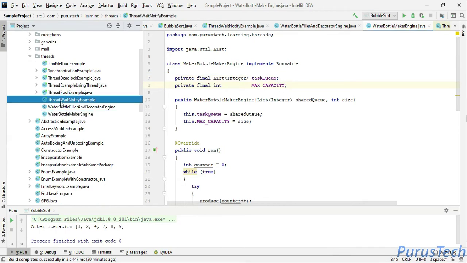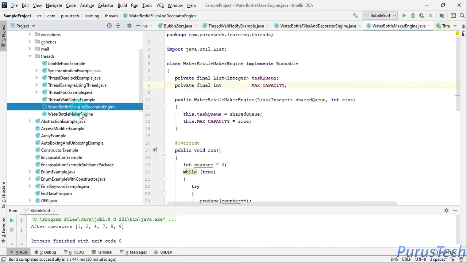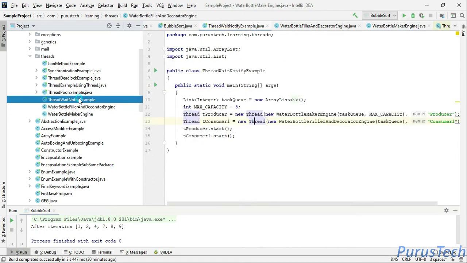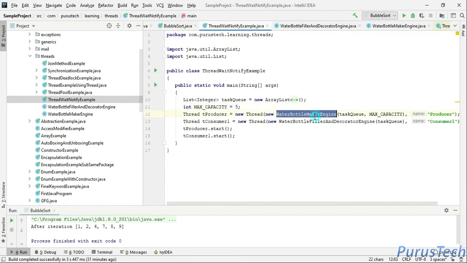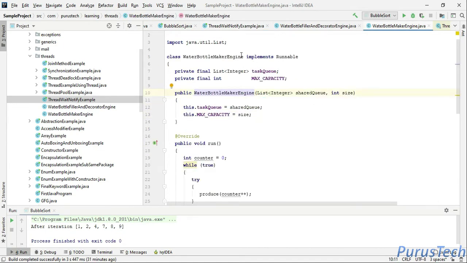Now I have one more class, ThreadWaitNotifyExample, which will use these two engines. Here I have an object of the water bottle maker engine, which is a thread. This water bottle maker engine is implementing the Runnable interface because I want to make this engine a thread.